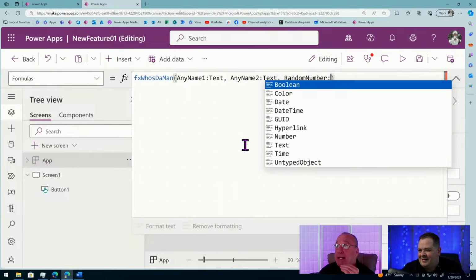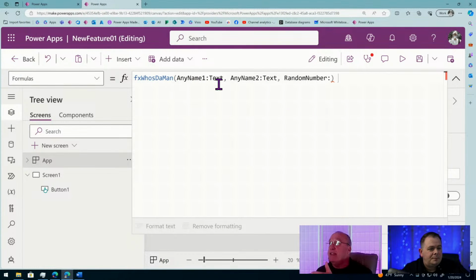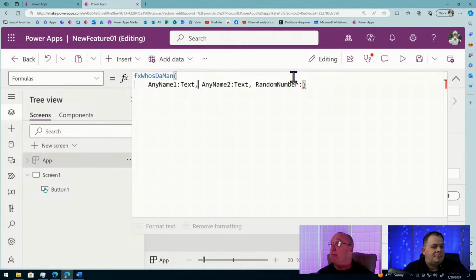I have some things I want to talk about with this in a little bit, but I want us to see what we're doing right now as an example, and talk about it along the way. We are creating this function that goes way back to the old days, and it's the same principle: we go do some stuff, and then we return one value. That is so important in programming. Right now he's got any name 1 and any name 2, which go right down our parameter list. And then, of course, you see he's got a random number, and he's going to make that a number, right?